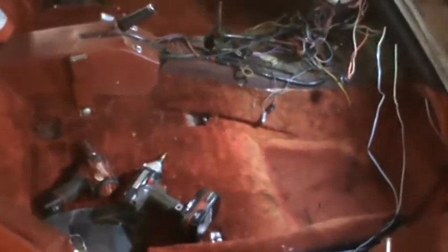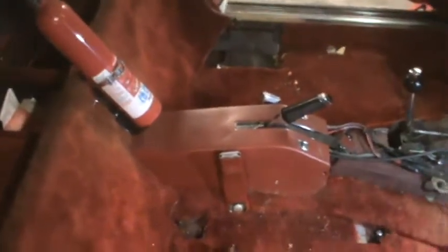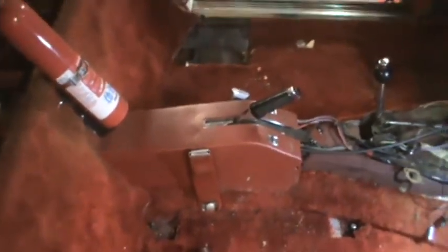So while I'm in take it apart mode, I am going to remove the carpeting from this car because I'm going to get new carpeting. In order to make that easier or even possible, I'm going to have to take out that seat belt over there, the screw right next to it,